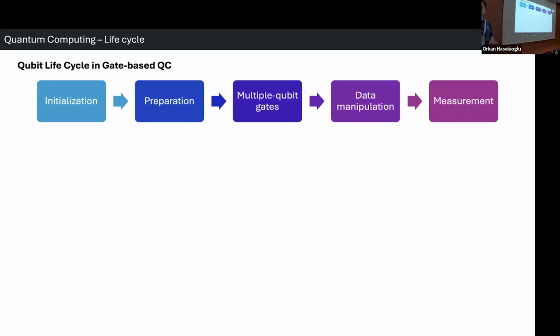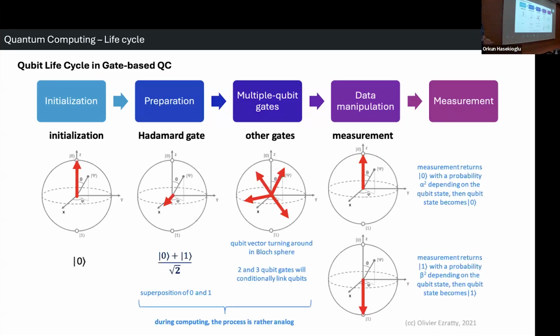Then you do some data manipulation and you do some measurement. If you like, you can easily see it. For example, you create a zero state. You can call it a polarization state or spin state, etc., depending on your computer. Then you operate a Hadamard gate to create a superposition of both up and down